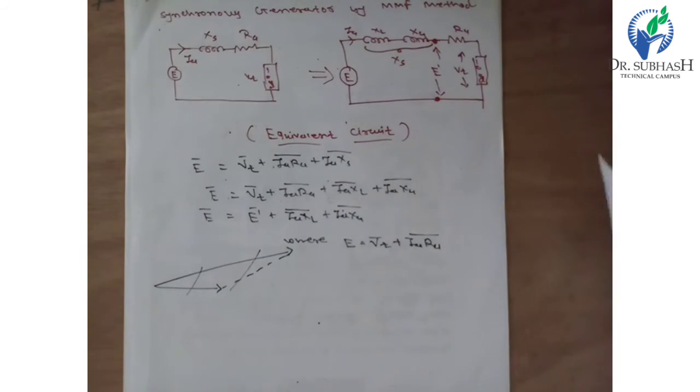By referring to the total MMF diagram, the angle between IF dash and IF double dash can be worked out geometrically. For the lagging power factor, the angle will be 90 degree plus phi, and for the leading power factor, the angle will be 90 degree minus phi.